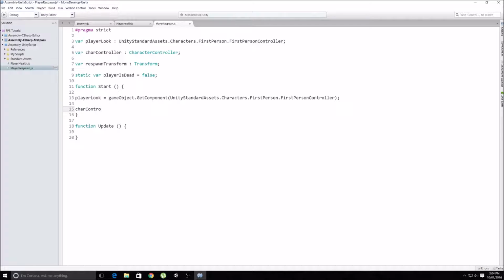Char controller equals game object dot get component. Make sure I'm spelling this right, and it is going to be the character controller. Close that off, and then oops, semicolon. Okay, so yes, we now know what they are, and now in function update